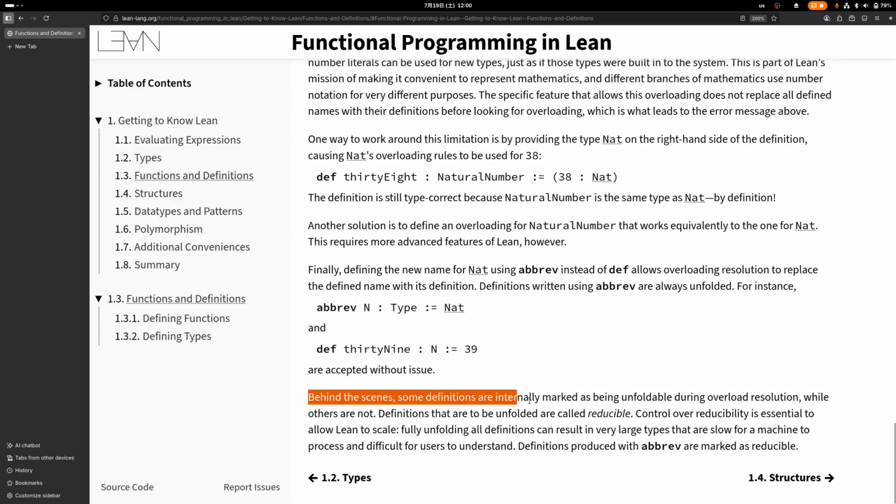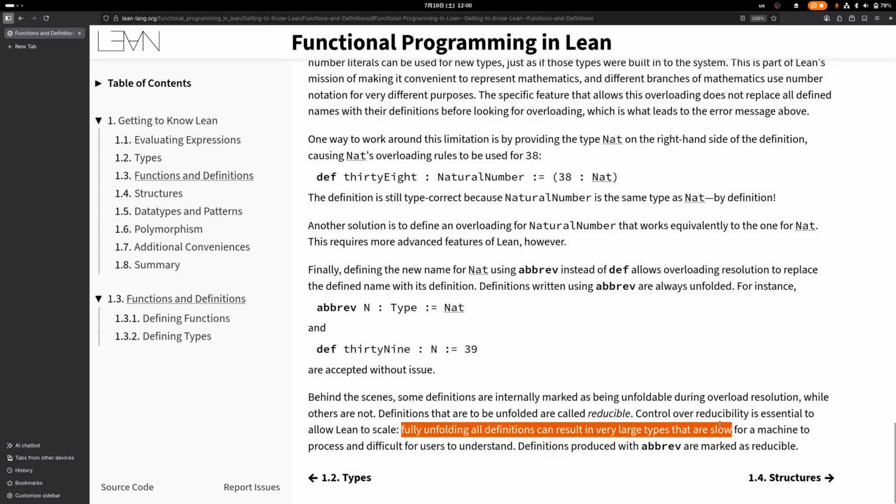Behind the scenes, some definitions are internally marked as being unfoldable during overload resolution, while others are not. Definitions that are to be unfolded are called reducible. Control over reducibility is essential to allow Lean to scale. Fully unfolding all definitions can result in very large types that are slow for a machine to process and difficult